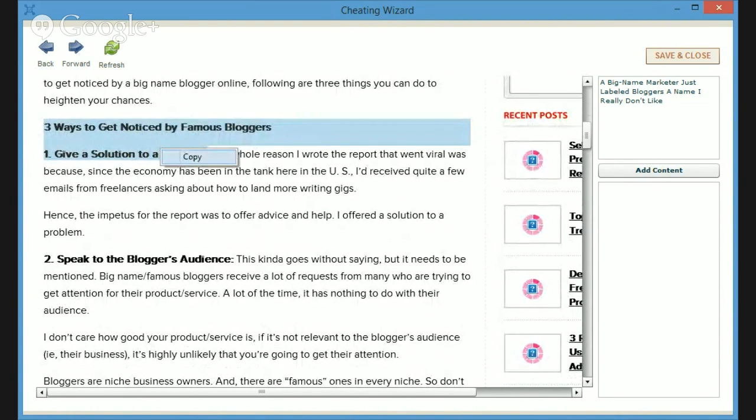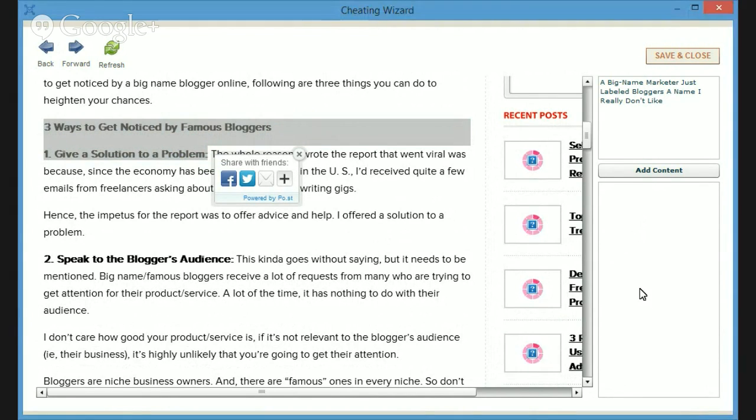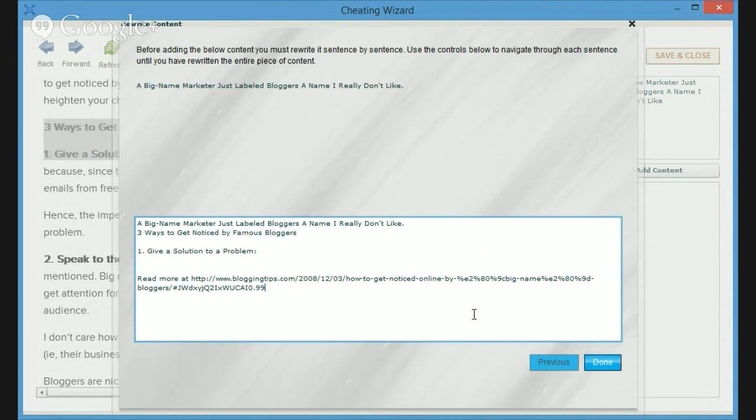Now, here's where you might want to just do something like this, where you copy that and then paste it. Go. That didn't look very good.